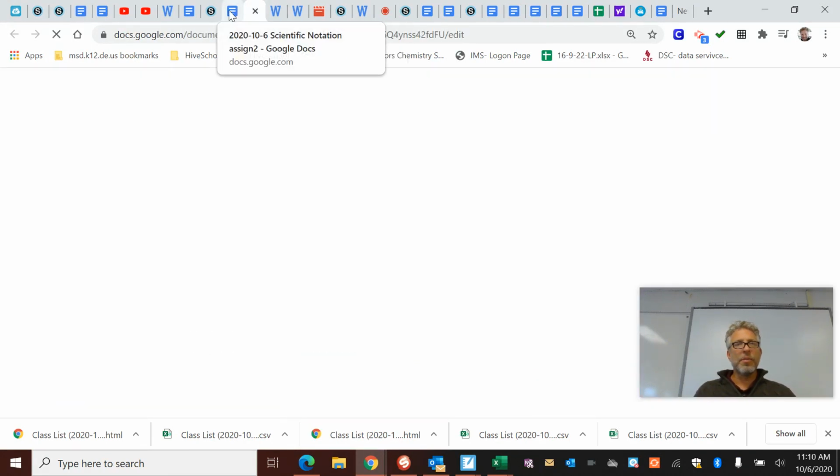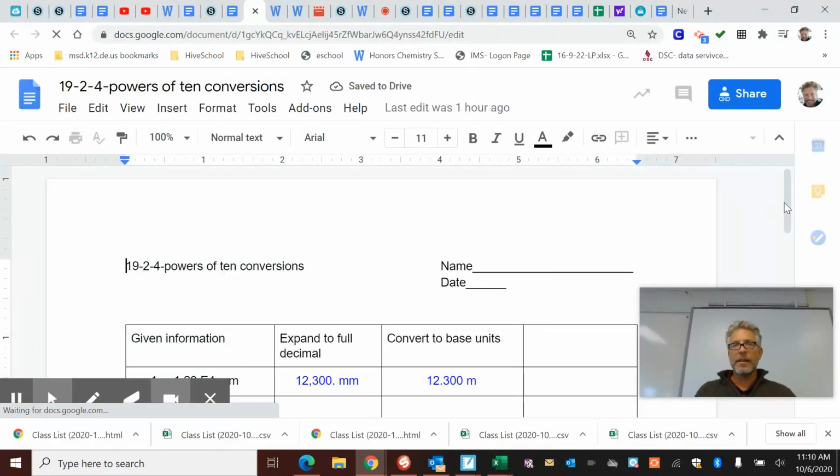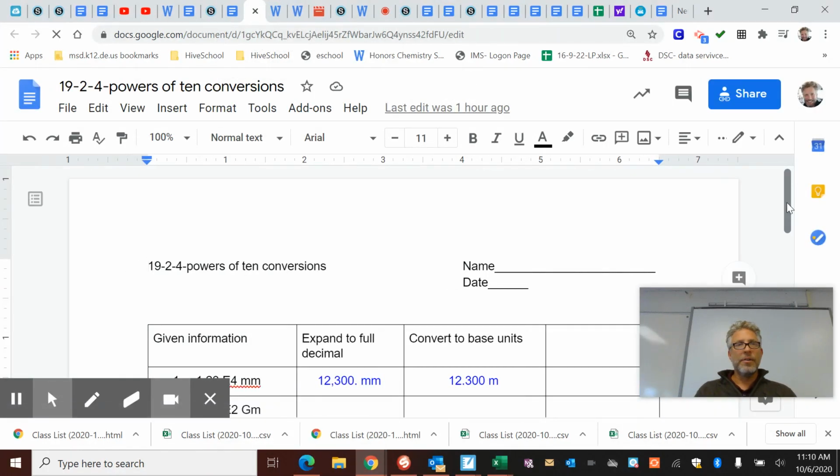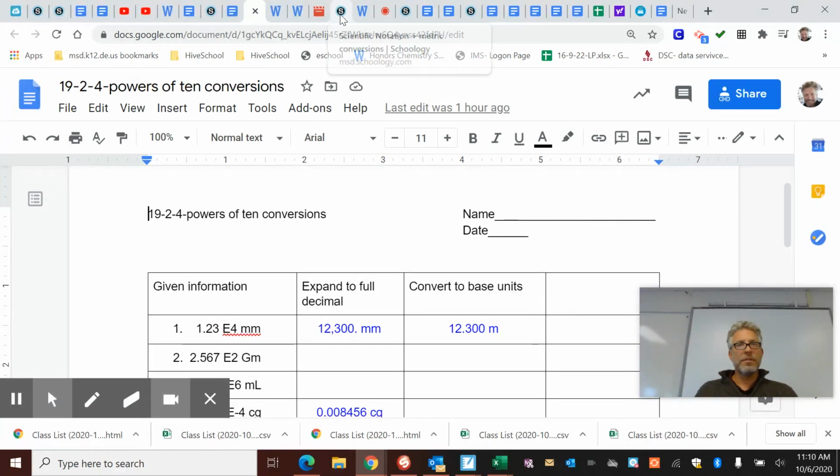This one was the one with the boxes, right? Yeah, I think it's this one, right? Powers of 10 conversions. Yes. So